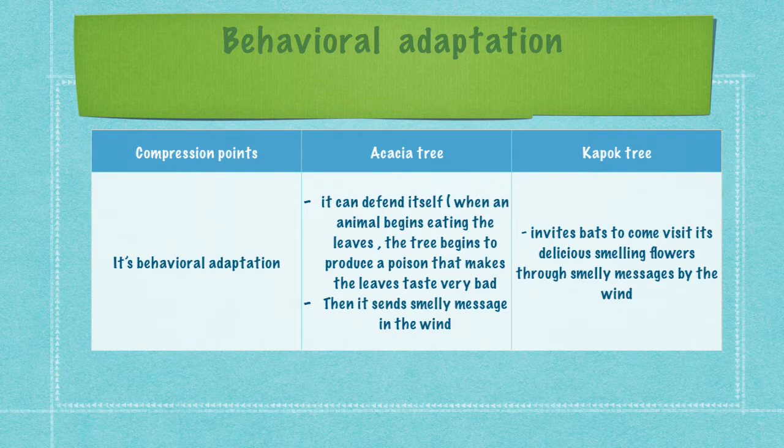But the behavioral adaptation is very weird, subhanAllah. The acacia tree can defend itself. When an animal begins eating the leaves of the acacia tree, the tree begins to produce a poison that makes the leaves taste very bad. Then it sends a smelly message in the wind to the other acacia trees, telling them to start making the